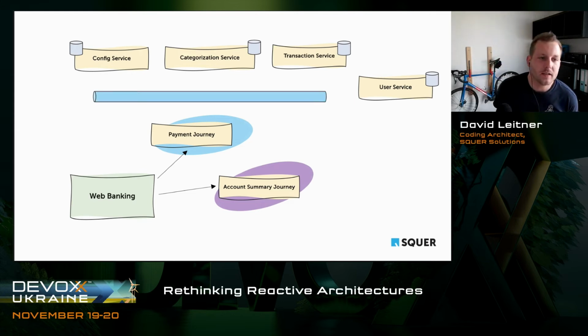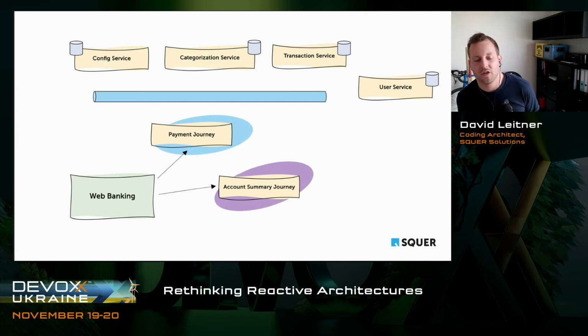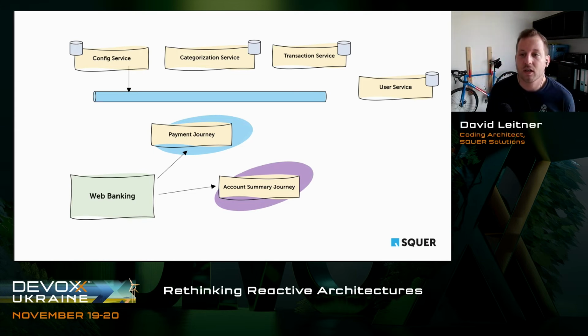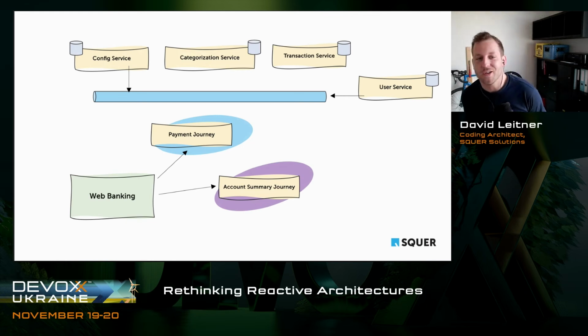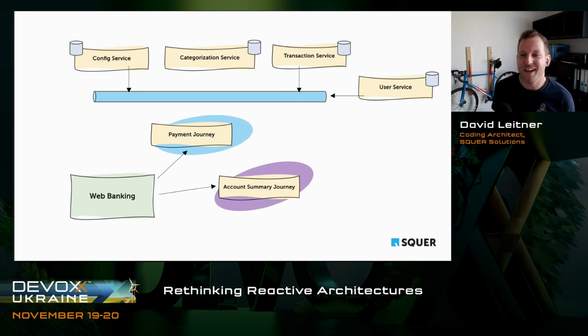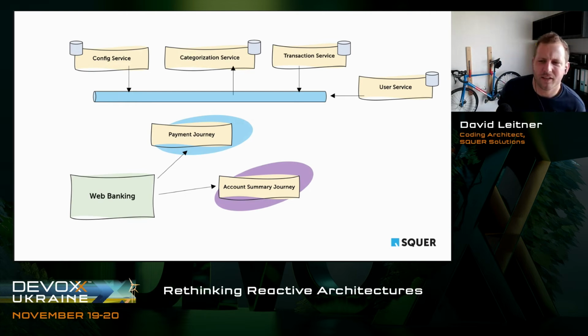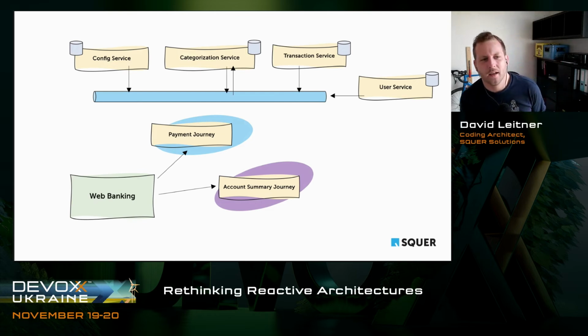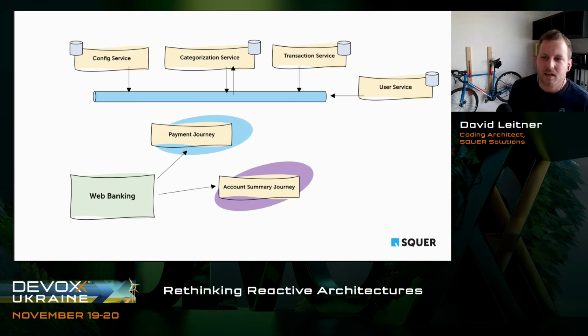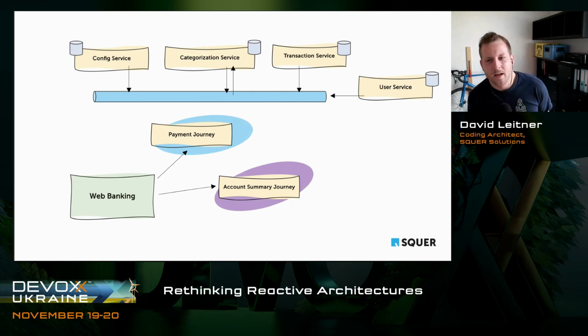Because in this case, whenever config is changing, the config service just publishes an event. When the user service sees, hey, a user was changed, it publishes an event. When a new transaction happens, it publishes an event. And maybe this transaction event is interesting already for the category service. So we just take this event, say, okay, let's categorize this transaction, and push back another event, which is basically then a categorized transaction, right?